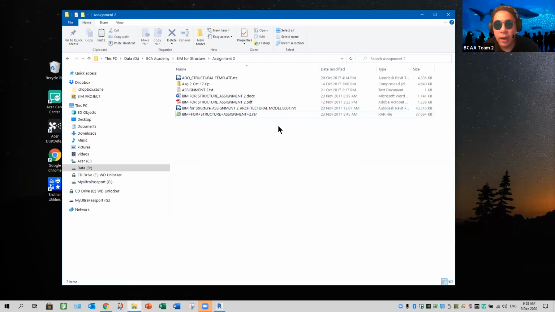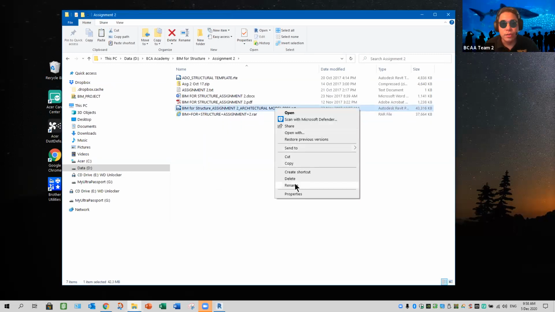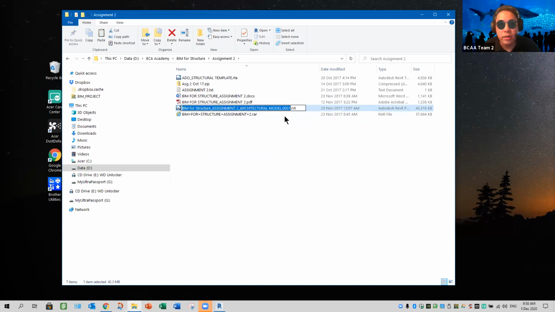Lucky I never delete my original model, which is here. This is the 2017 model. Okay? It's okay to let it update or upgrade. Mine, because I use it in my other structural class, that's why it has been updated to 2019. If I'm using 2020 now,